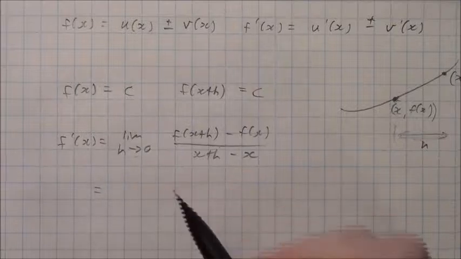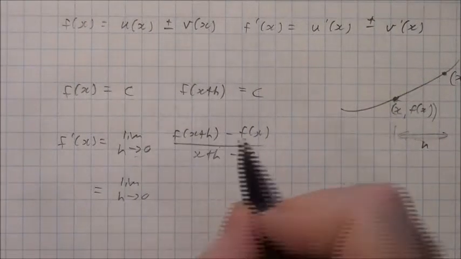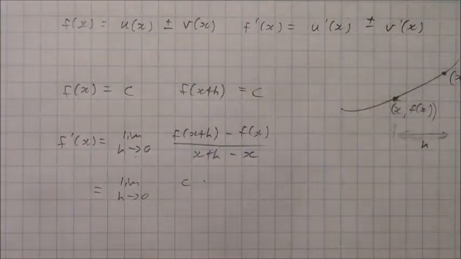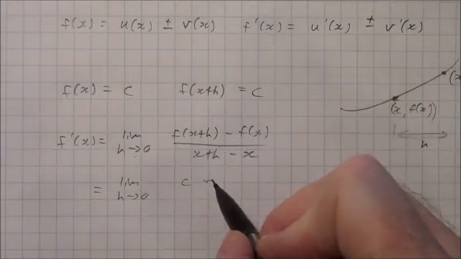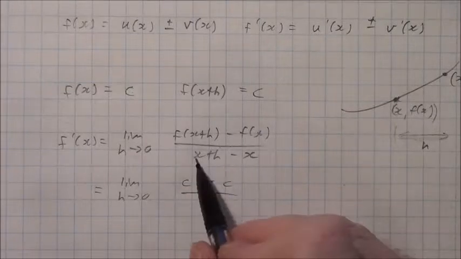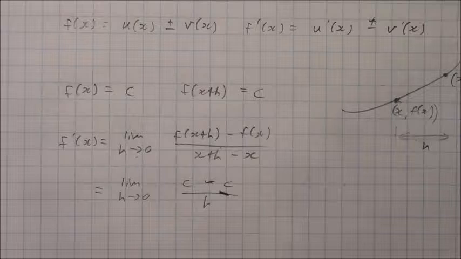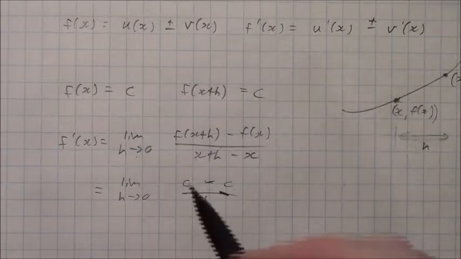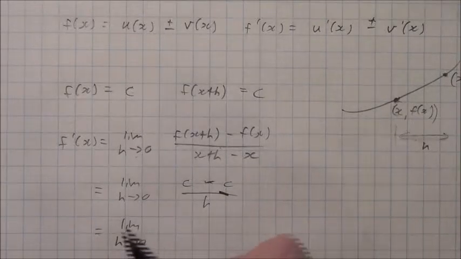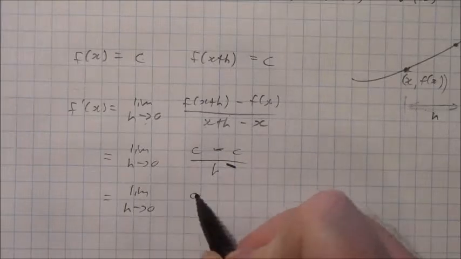Okay, so then if we just continue on with this process, we have the limit of f of x plus h minus f of x. Well, f of x plus h is c, minus c, which is the f of x, all over, well, x minus x is 0, and we're just left with the h. Sorry about that. And then we finally have the limit as h approaches 0 of c minus c, that's just 0, over